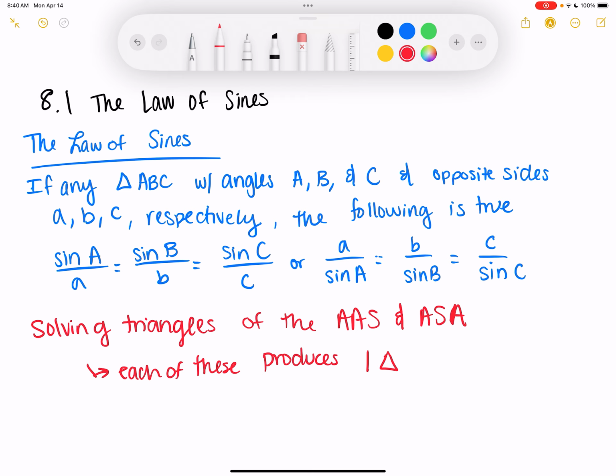But if we have the angle, angle, side or angle, side, angle case, then we only will have one triangle. We hope and pray that that's the situation we get when we do these problems, because we know for a fact it's one triangle. However,